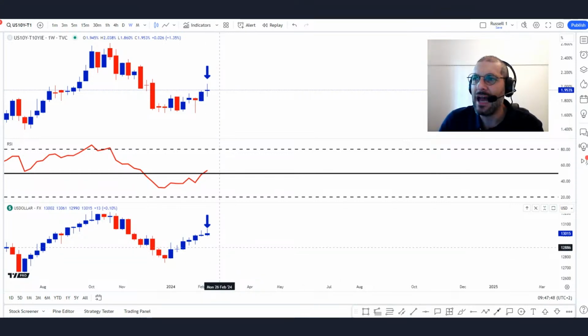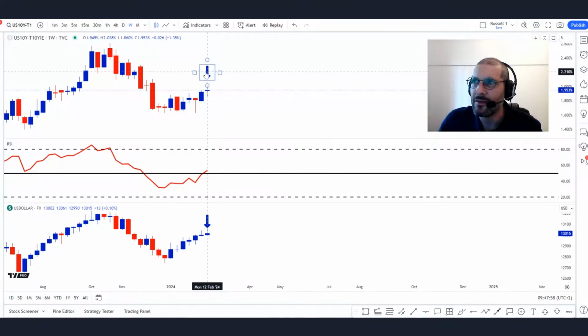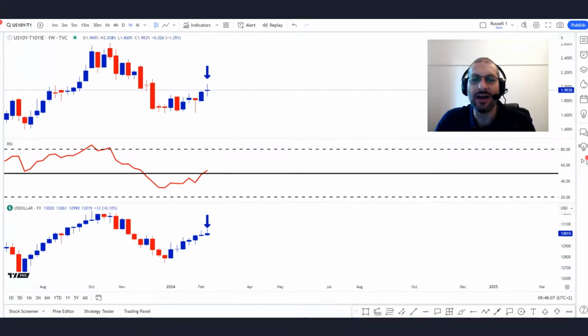Let's just go through to the weekly chart, take a look at the US dollar on the weekly chart. Given the fact that our real rates are showing this uncertainty because of the doji here, let's just go through to the dollar and get some sort of idea of what's happening to the dollar on the weekly. Okay.